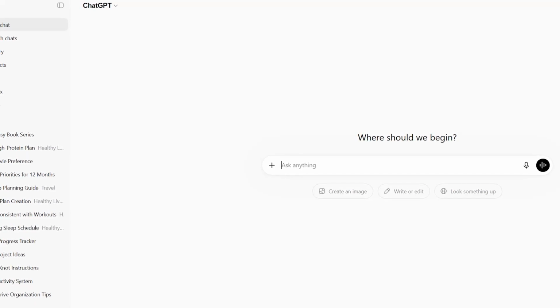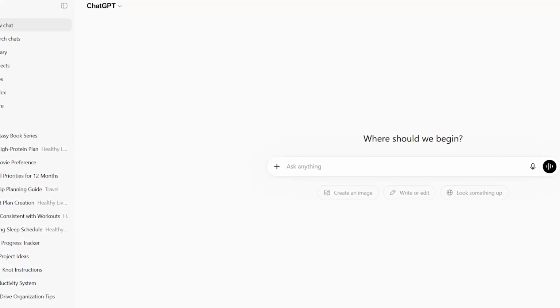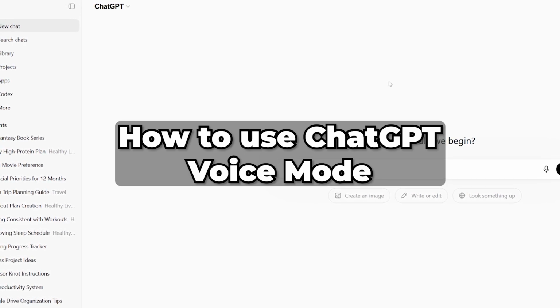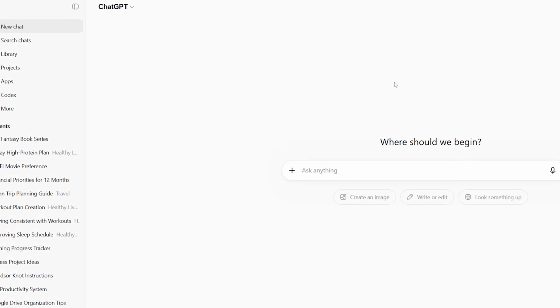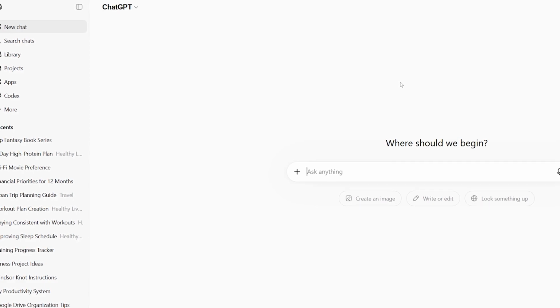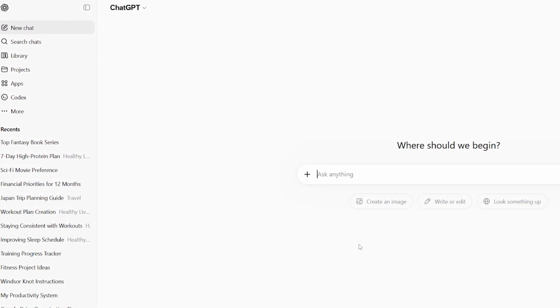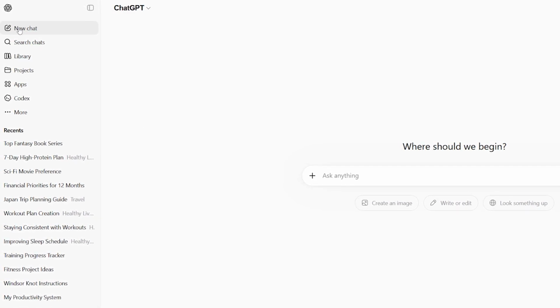Have you ever wanted to talk to ChatGPT instead of typing every message? With voice mode, you can have a natural conversation using your microphone, making it faster and more convenient to ask questions or brainstorm ideas. To start, open ChatGPT in your web browser and choose an existing conversation or create a